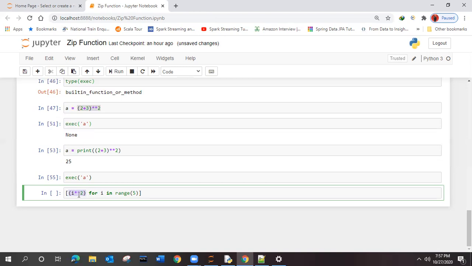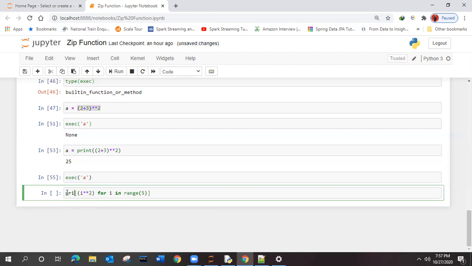This is the expression which is executed by this line: I into I, the square of that I, right? So first it will give 0, then 1, then 4, then 9, then 16, right? It is not clear to you, right?